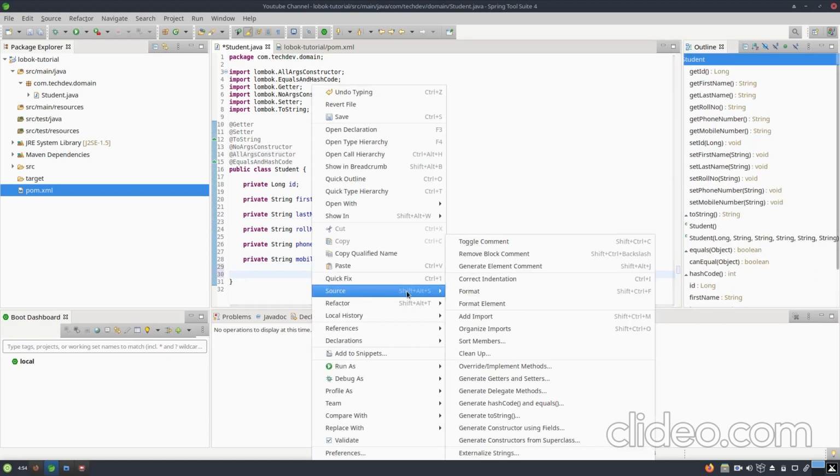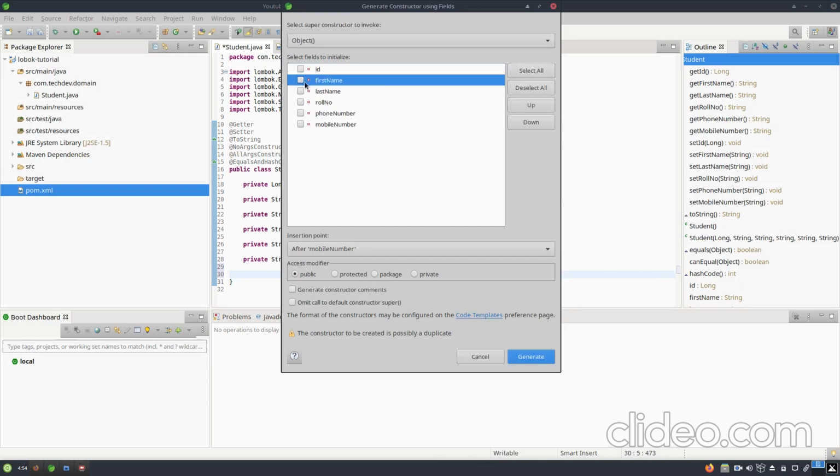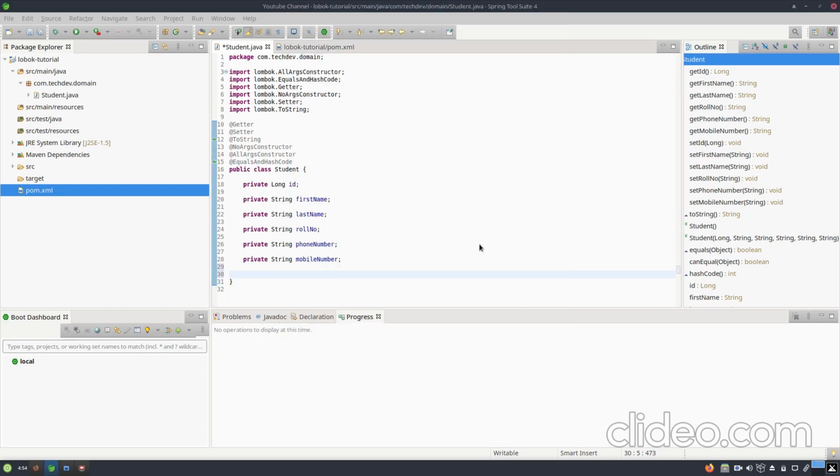Right click on the source, and generate constructor using fields. If I want only the first name and last name to be constructed with the parameters, I have to select only first name, last name, and just generate it.